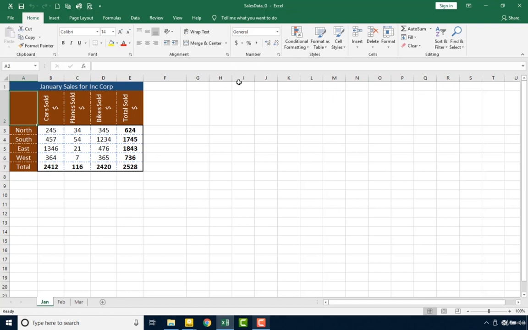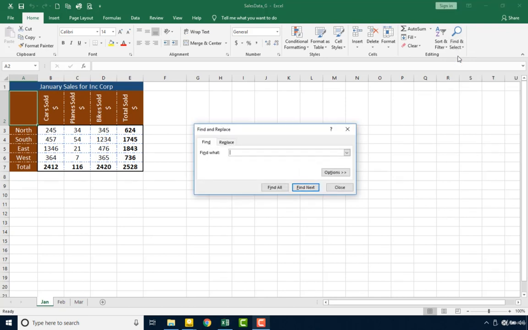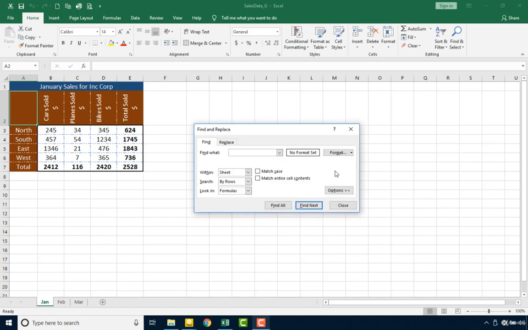So what you simply need to do is open your Excel worksheet, then go to the Home tab and go to Find and Select. Then click Find. Then click Options. Then this Find and Replace dialog box will come up. So let's say, for example, in this workbook I wish to find all cells that are bold. I simply need to click on Format,